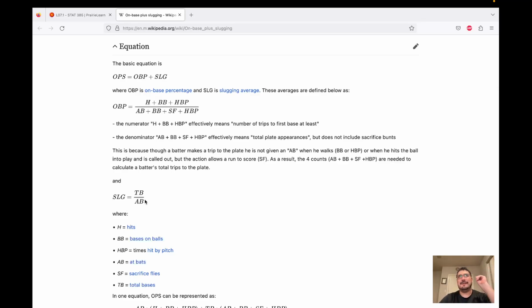And one thing to note for students who are more mathematically interested: you'll note that we're adding two things that don't have the same denominator. It's really silly, and this speaks to two things: how much low-hanging fruit there was in baseball for an extremely long time, for something that is this fundamentally misguided mathematically to have such value. But that being said, this statistic, even though it has this mathematical deficiency, adding two fractions